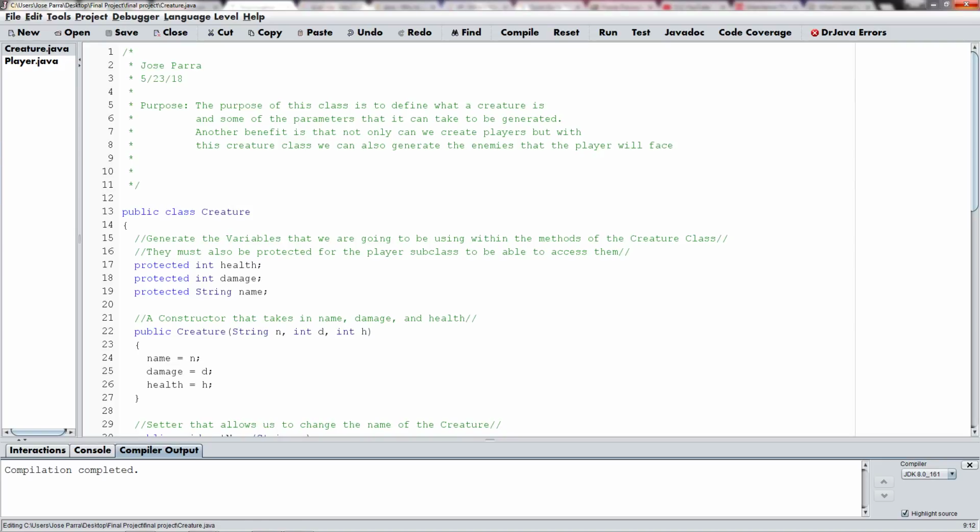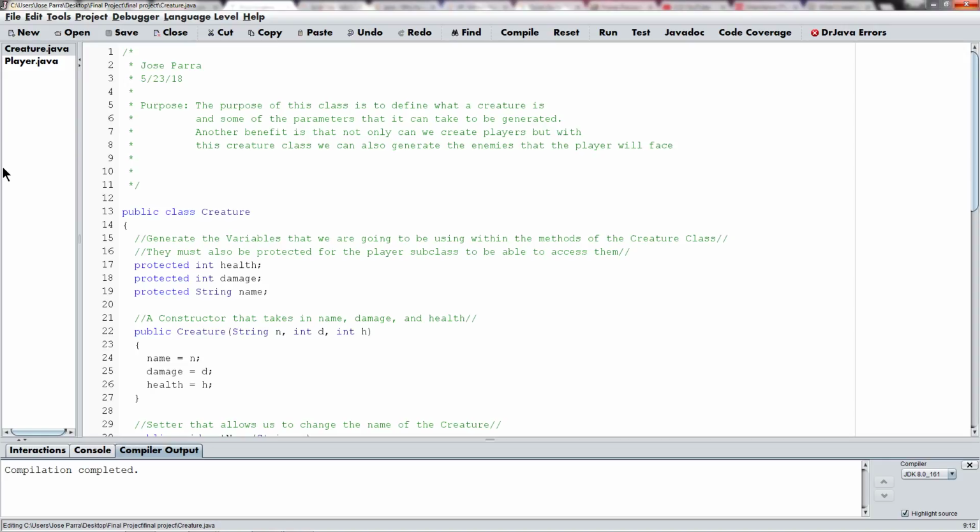Today we're going to be looking at inheritance and polymorphism. Inheritance occurs when we have a parent class that we will use to define general characteristics of whatever object we're trying to create, such as different variables or different characteristics, and then we would be creating subclasses that would extend or use all these variables that were used in the parent class and use them for their own to define what that subclass means. The purpose of doing this is that we're able to create different objects that all relate to the same